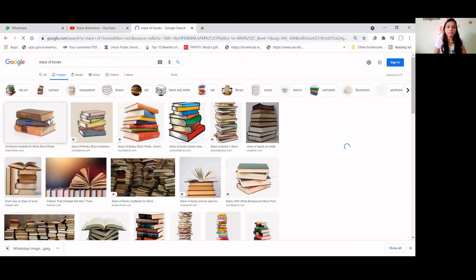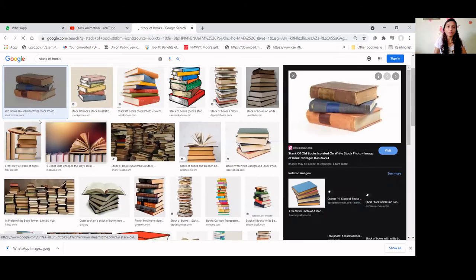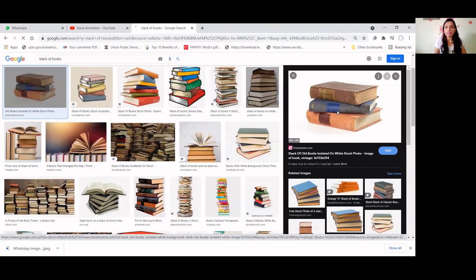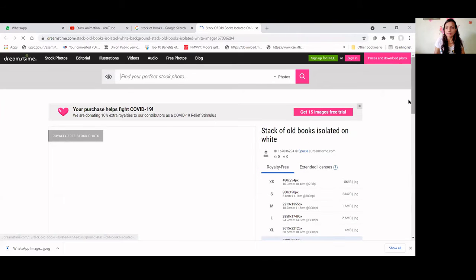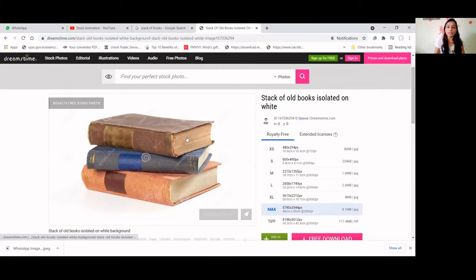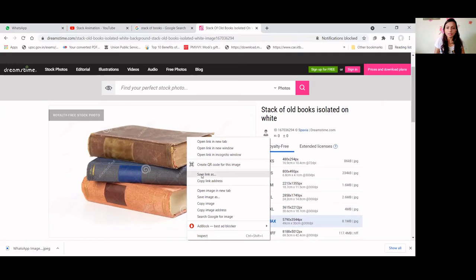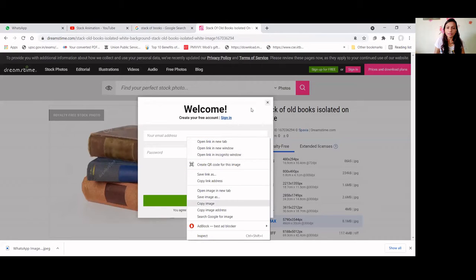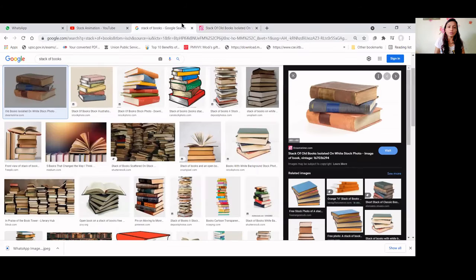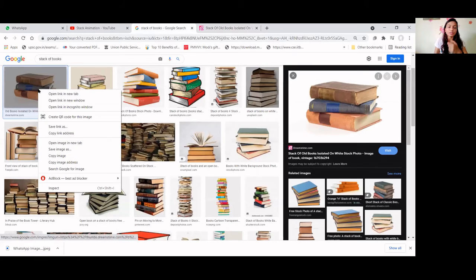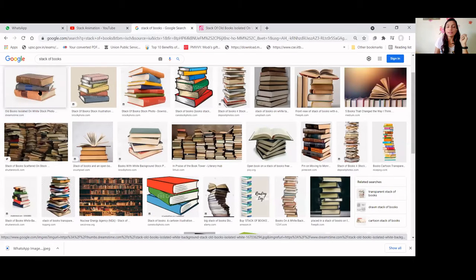Can you see this image? How many books are there in this image? In the first image, 3 books are there.